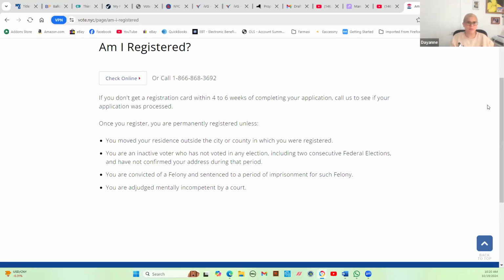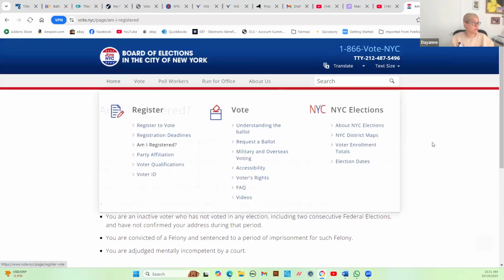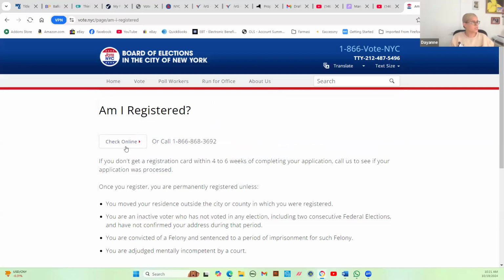You would have to look that up. I'm not very familiar with it. I haven't looked it up, but you can click on this. If you say, I'm not sure if I'm registered to vote, you would click on check online and input your information. We're going to do that right now, but first things first, if you see where my arrow is at,